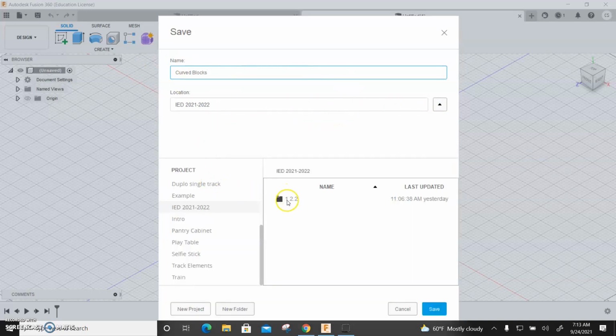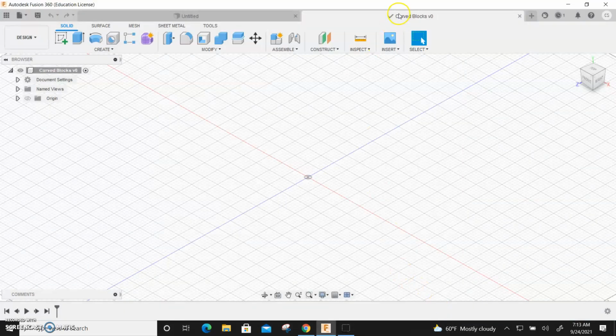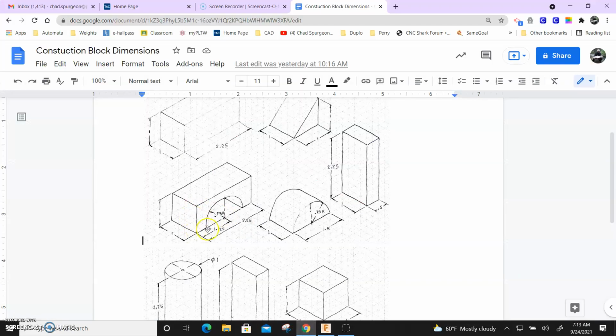the project is going to be IED 2122. The folder is going to be 1.2.2, and I'm going to save it to start. So now I have a name on that, and I'm going to go ahead and begin. So I'm going to do this one first here. I'm going to start by sketching a 2.25 by 1 inch rectangle, and